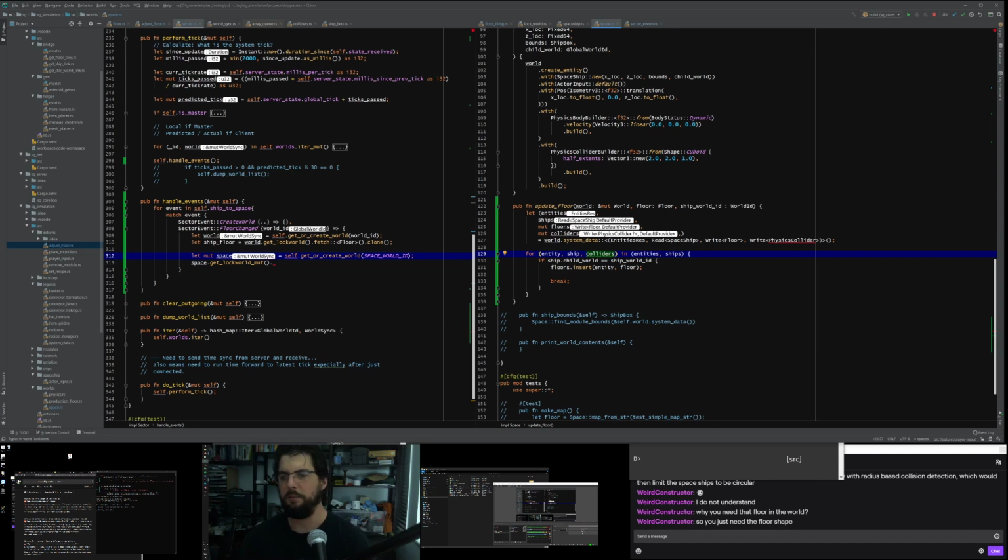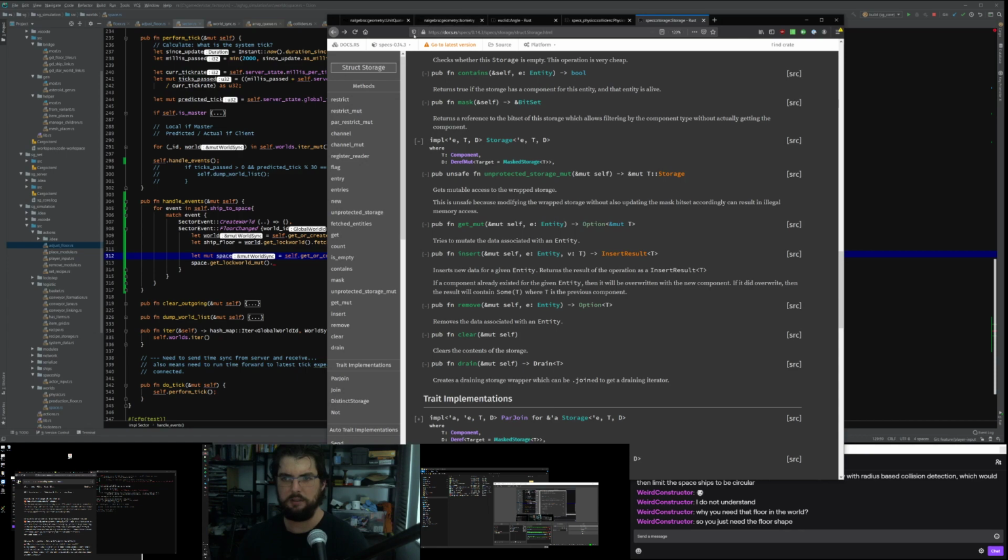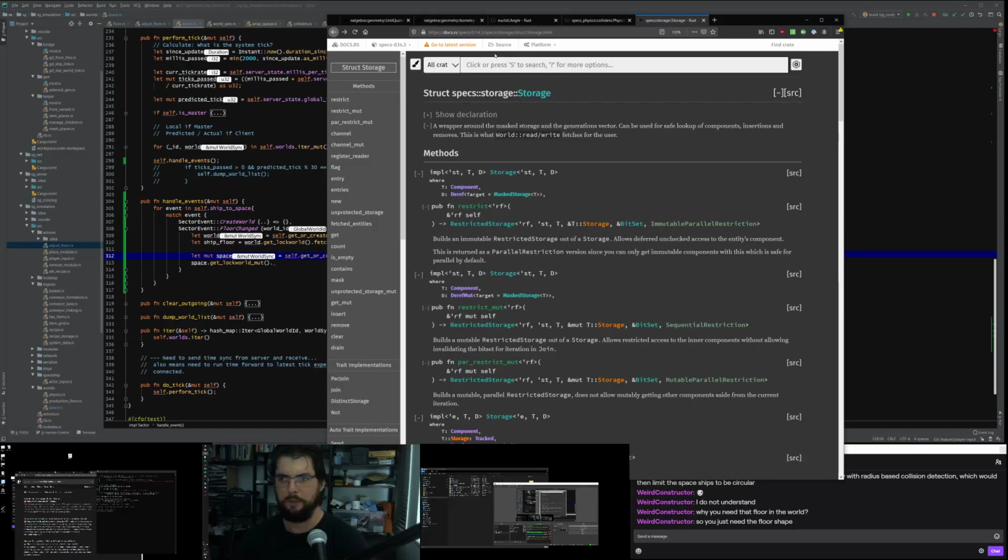One thing that's notable about this is that we might make this an option. Entity, ships. There was a way to make these optional. I think it was a question mark. I need to pass a reference to it here. I just need to quickly look at the join documentation to remind myself how to. If there's no collider, I don't want to not set the floor.